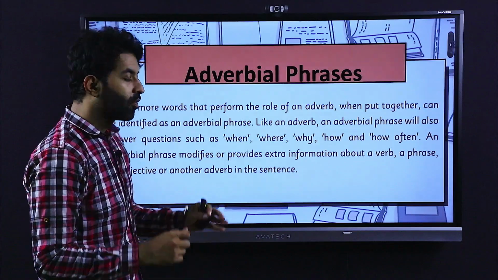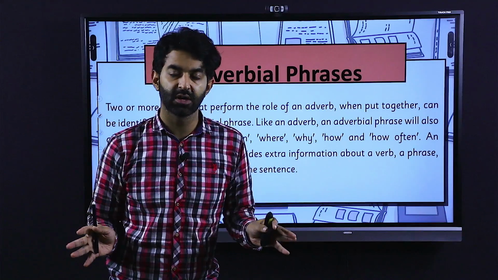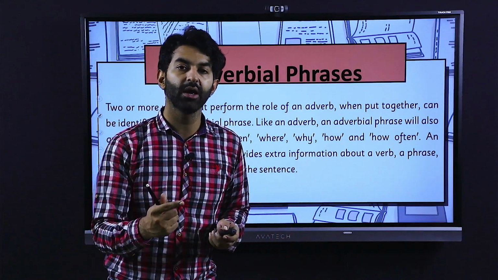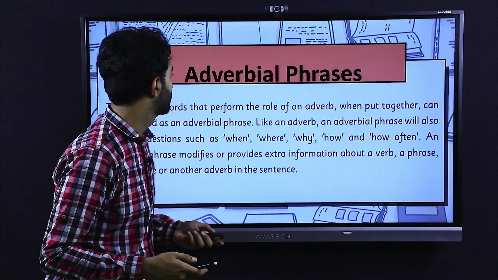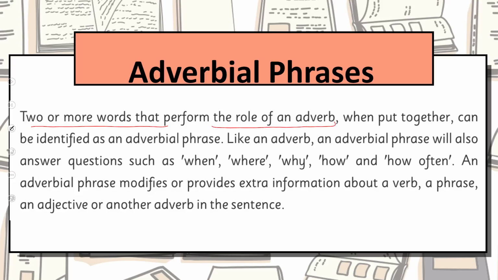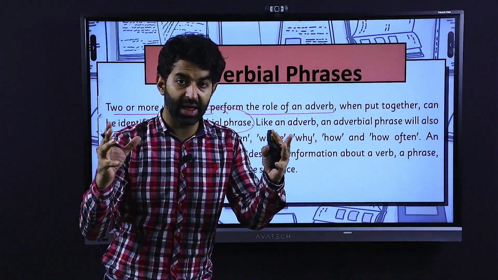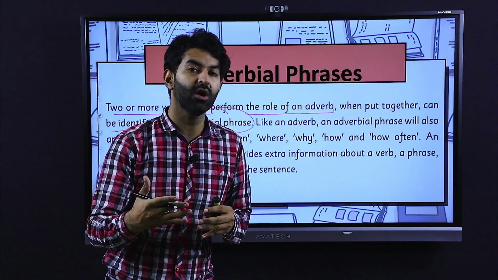Now, when we have an adverb as a head word in a given phrase, in a group of words, we call it an adverbial phrase. Two or more words that perform the role of an adverb when they have been put together can be identified as an adverbial phrase. So when the words are performing the work of an adverb, we put them together and this makes an